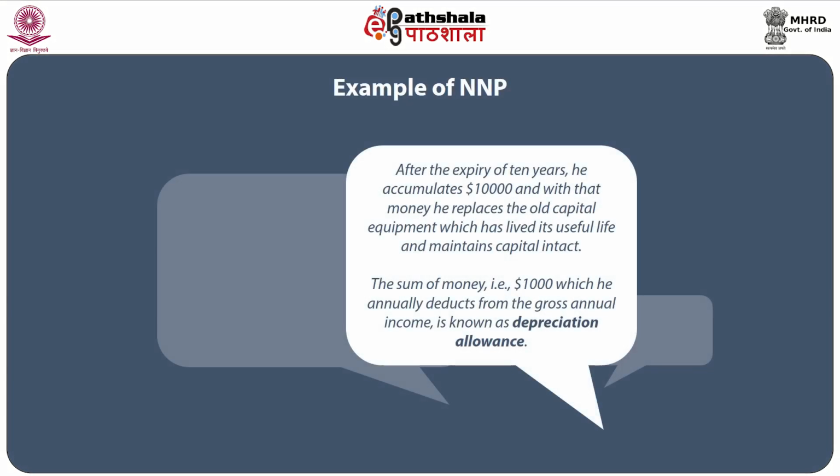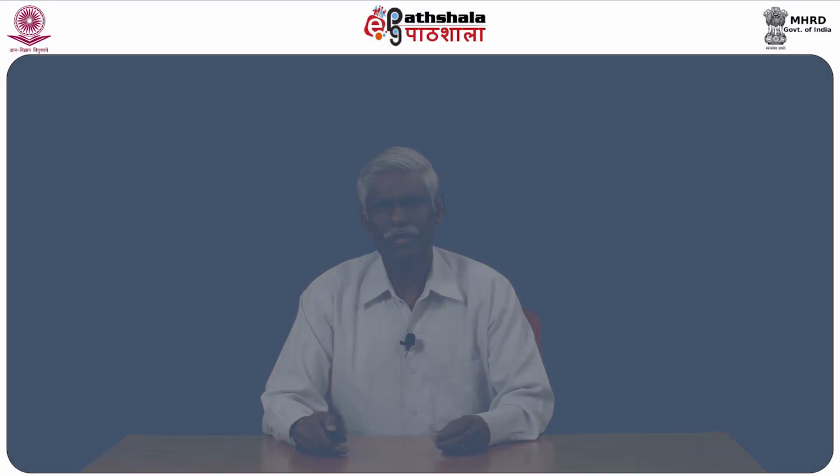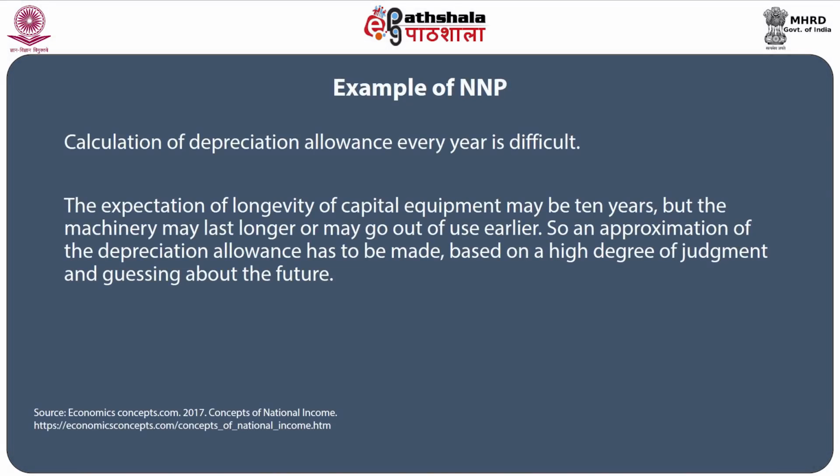After the expiry of 10 years, he accumulates $10,000, and with that money he replaces the old capital equipment which has lived its useful life and maintains capital intact. The sum of money, that is $1,000, which he annually deducts from the gross annual income, is known as depreciation allowance. It is often pointed out by economists that the calculation of depreciation allowance every year is a difficult